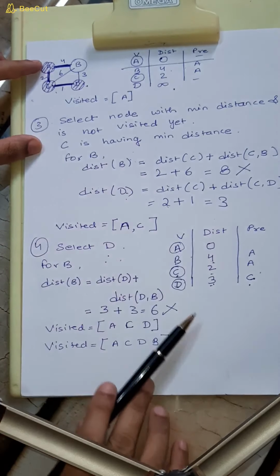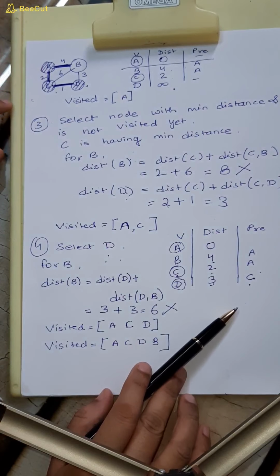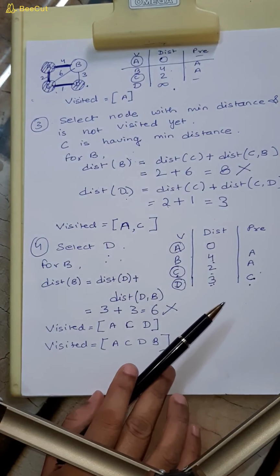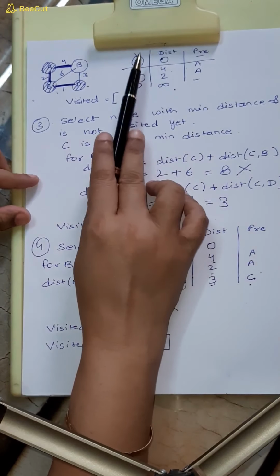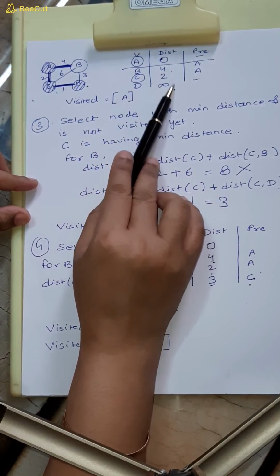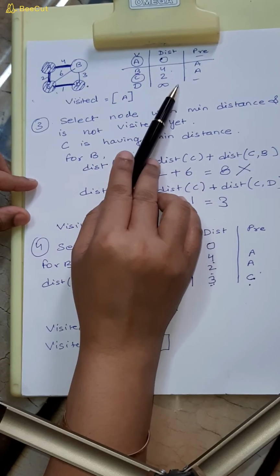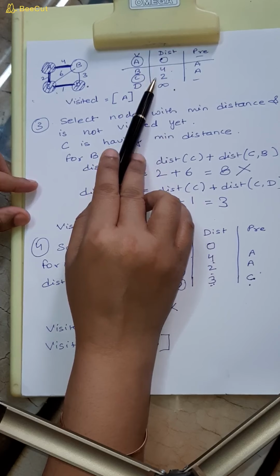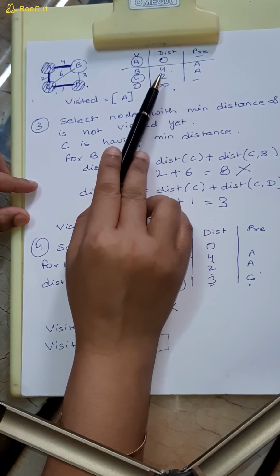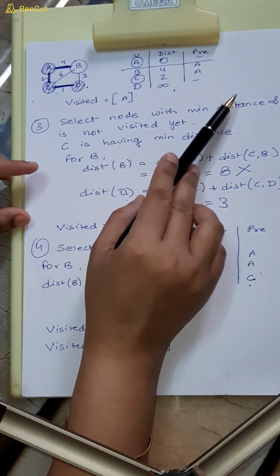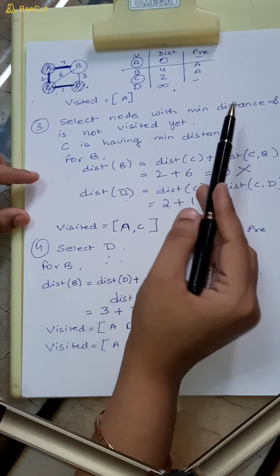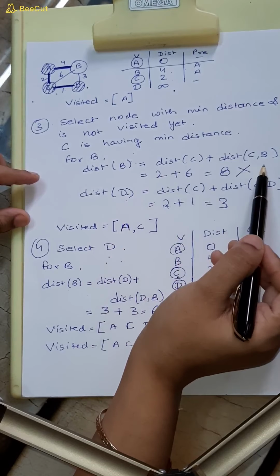So this is the algorithm which you need to follow, that you have to select one source vertex. After that you have to select the neighbors of that source vertex. You have to draw this table. Initially distance to the source vertex will be 0, rest of the distances will be infinite, and you have to select the minimum distance every time, and for the minimum distance node again you have to check for the neighbors, and you have to compare the distance using this formula.